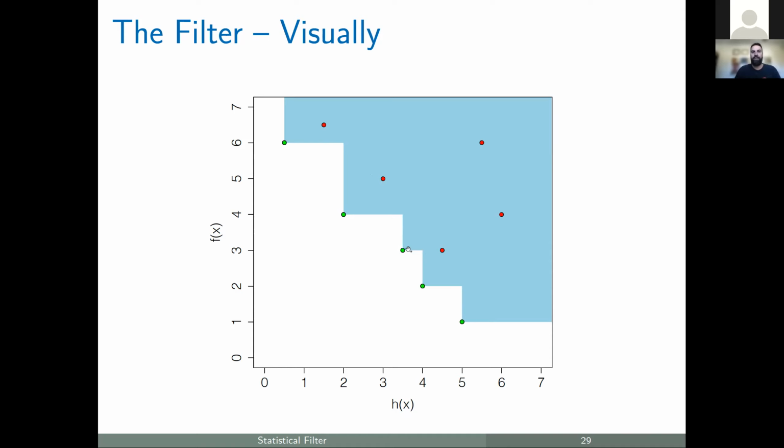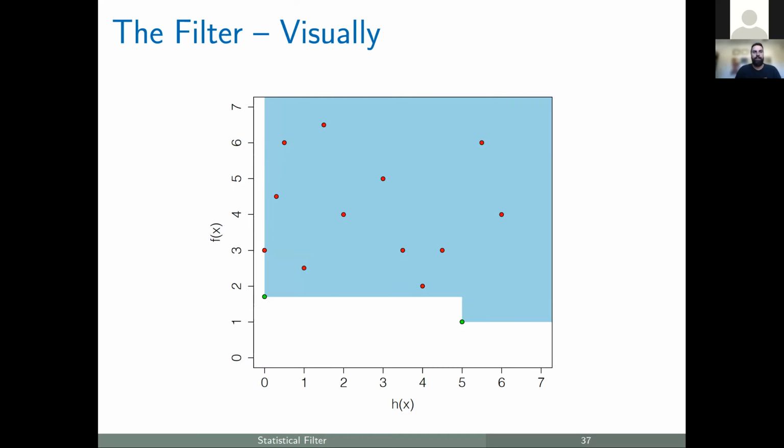And so it becomes part of the filter, and now my filter has filled in this area. Basically, visually here, any point that falls in the white is going to be added to my filter. Everything that falls into the blue is going to be excluded from the filter. And so you would iteratively run this process trying to find points that fall into the white area, and the filter would get updated. You could also see a point that is part of the filter originally; you get an input that lowers the f value, lowers the h value, and it becomes a new one. And this point becomes dominated and is no longer part of the filter. And this continues